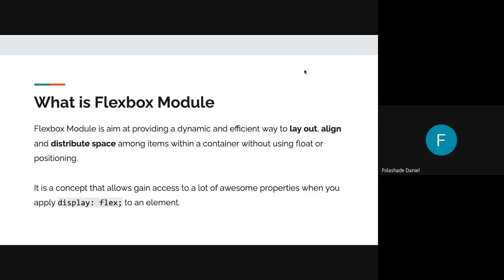So these three main things are what Flexbox aims to achieve: a nice layout, good alignment, and distributed space between the items that are within a container. As we go on, I will explain what these two things mean, items and container. And also, a Flexbox